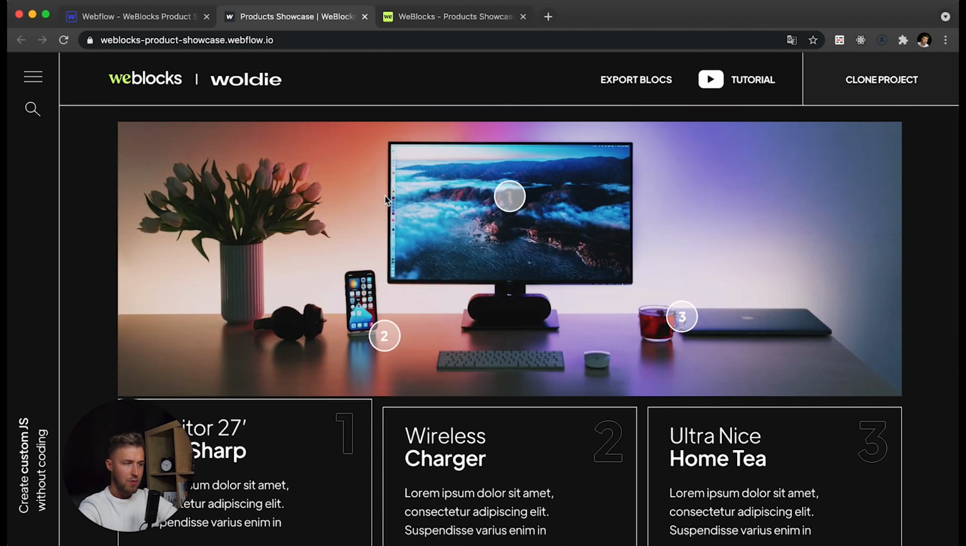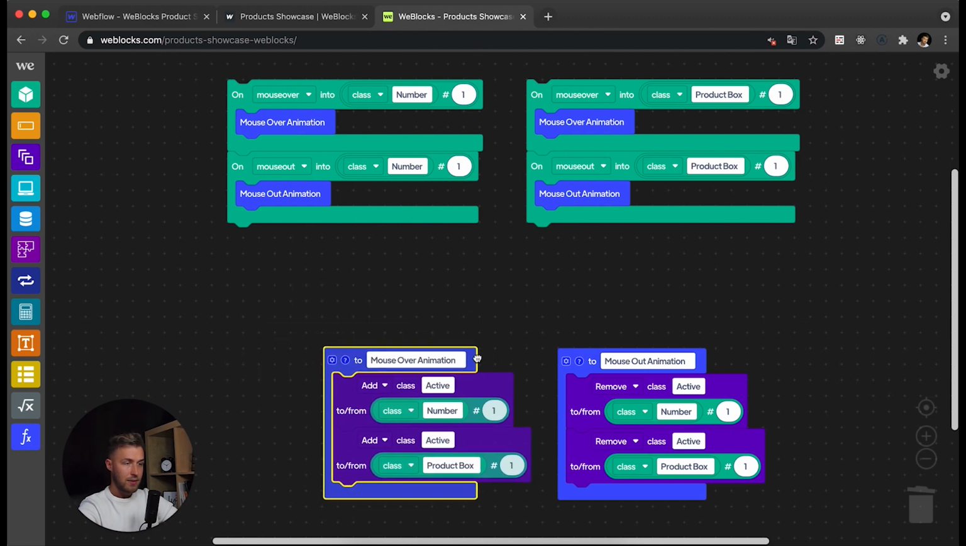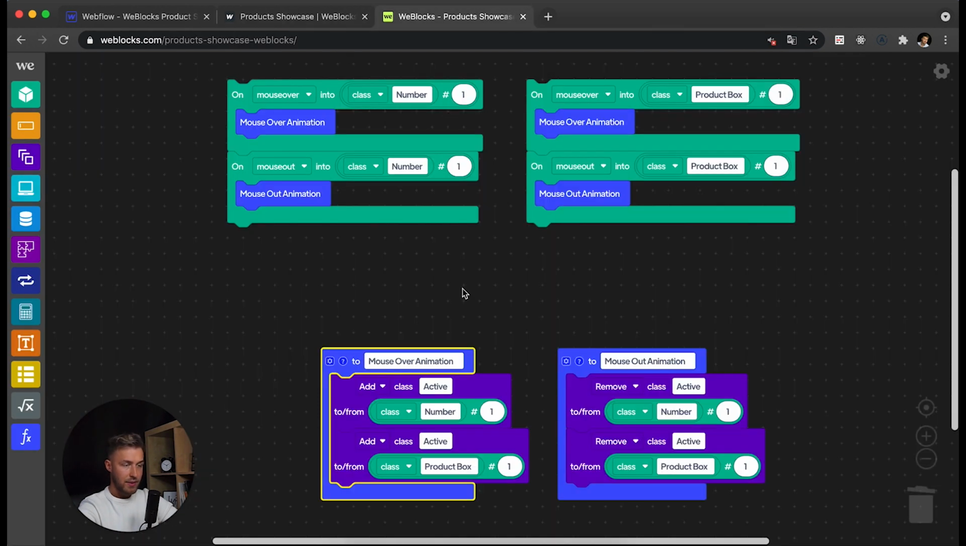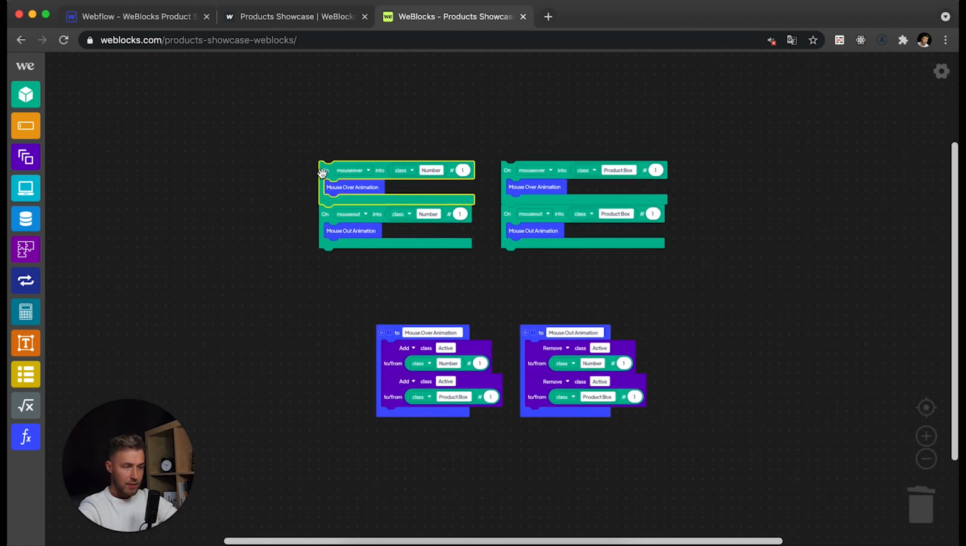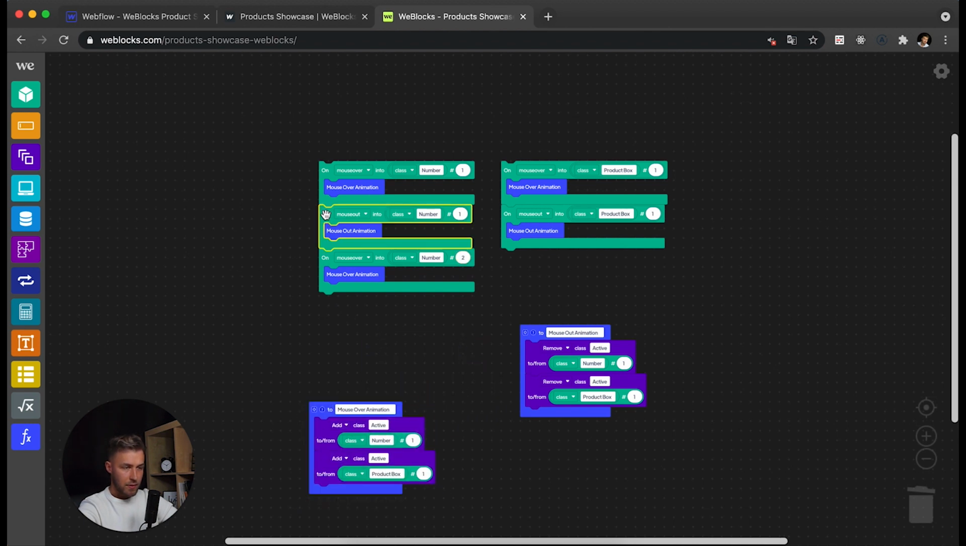But our program is much easier to add the next number, because we need to connect it with the number 2 and number 3. So right now, when I add it for number 2 and mouse out for number 2,